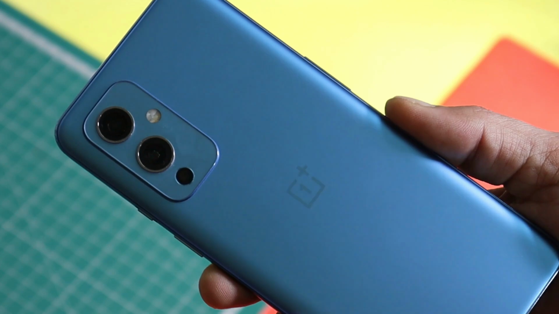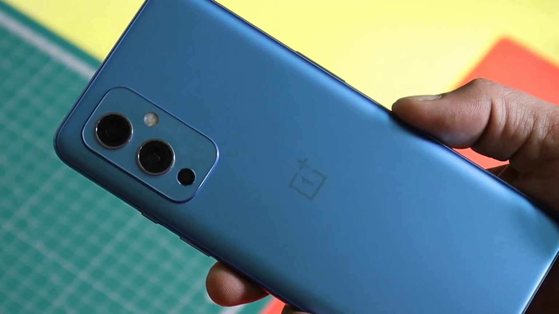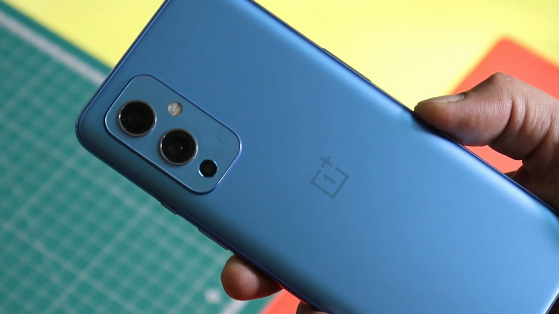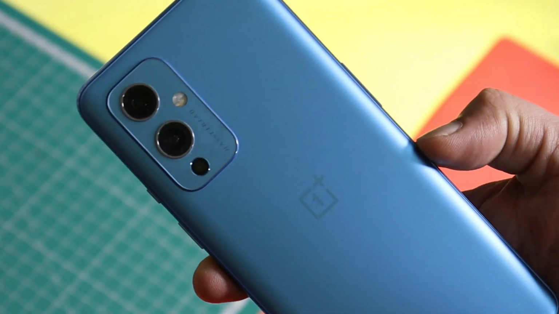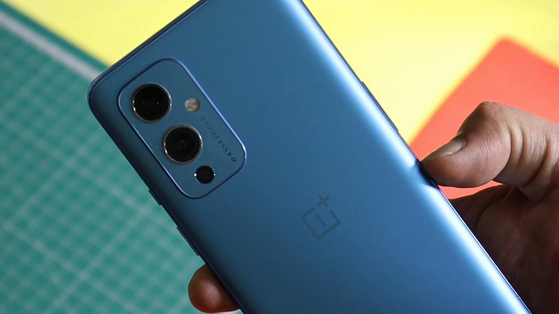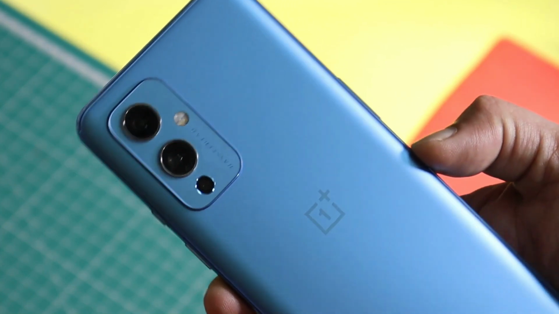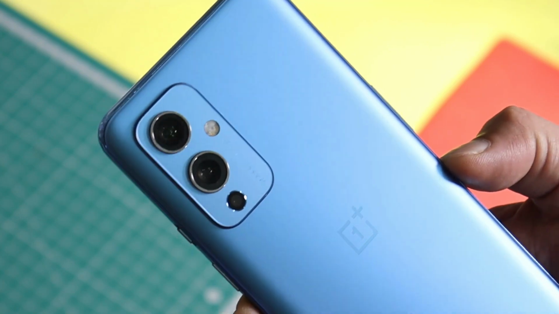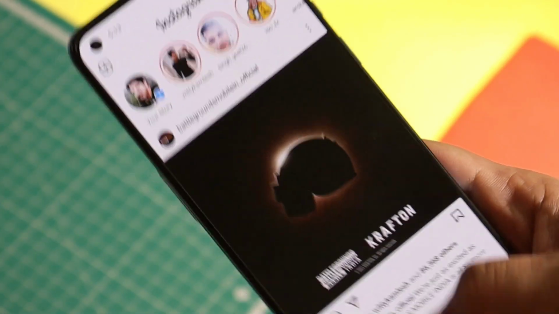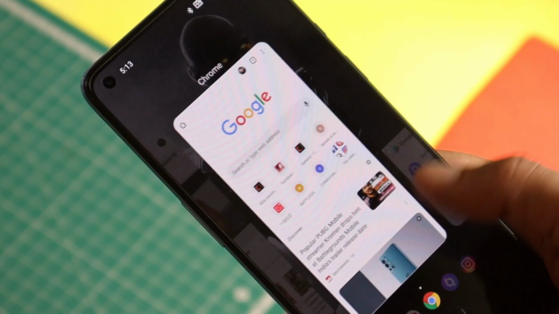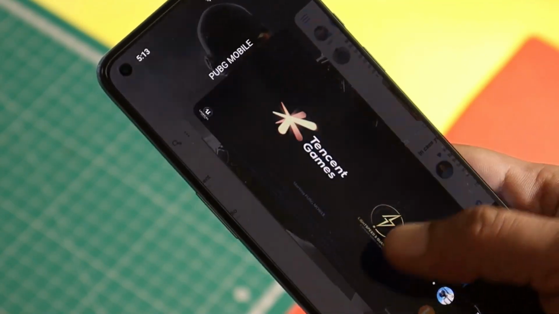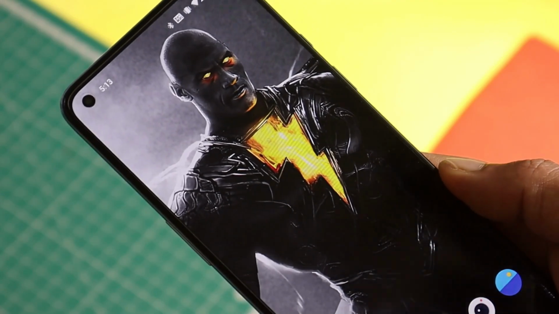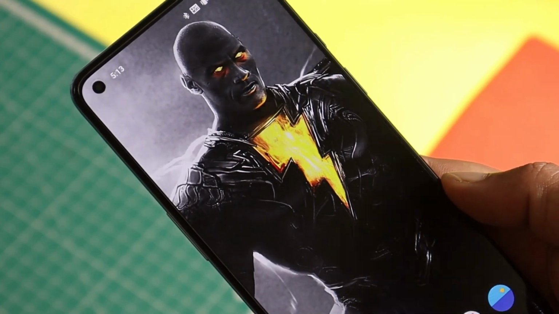After this latest update, the device also feels warmer if you use it continuously for 15-20 minutes. And this I had already mentioned in our previous video when the update was rolling out. That issue has been appearing on OnePlus 9 after the latest update. Let's see if OnePlus is gonna fix this in the upcoming update or not. I've also noticed slight jitters while scrolling in the recents panel, and this happens most of the time when I have lots of applications running in the background. If you guys are also facing this issue, then do let me know in the comment section below.